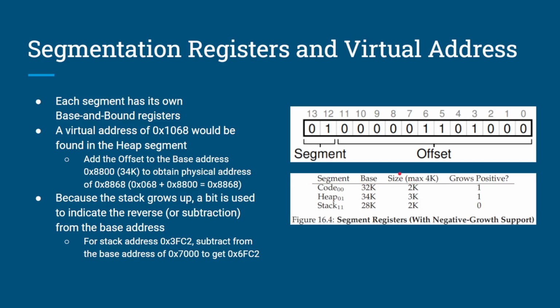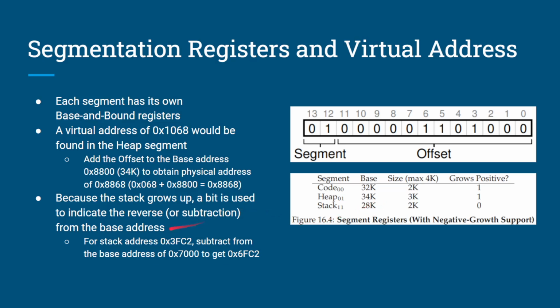If this were the stack, it would be treated a little bit differently. We've added an extra piece of information. So we have our base, our size, which is our bound. Now we have a grow positive field. And you'll notice our code and our heap both have grow positive, meaning that our base is at the top of the memory range. But for the stack, we have a 0, which means it does not grow positive. It is a negative growing segment, which means our base is at the bottom of our range,